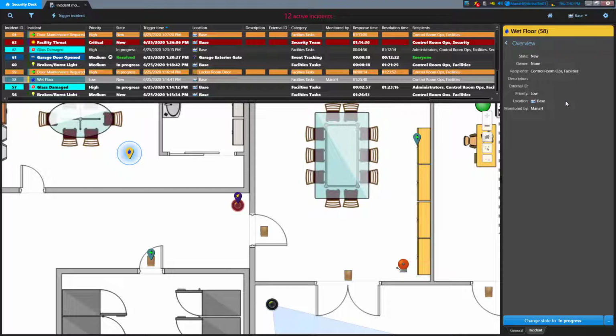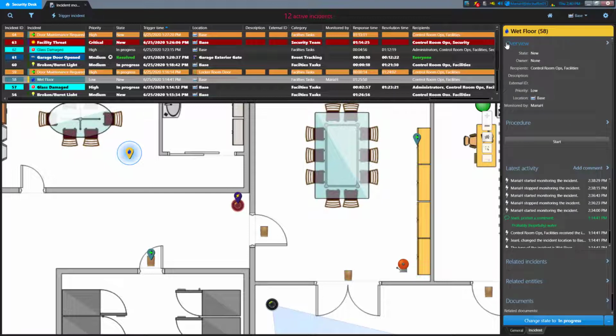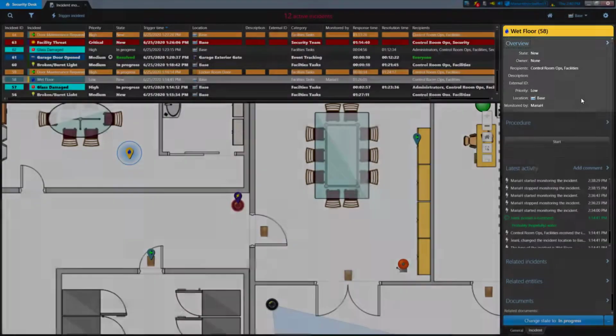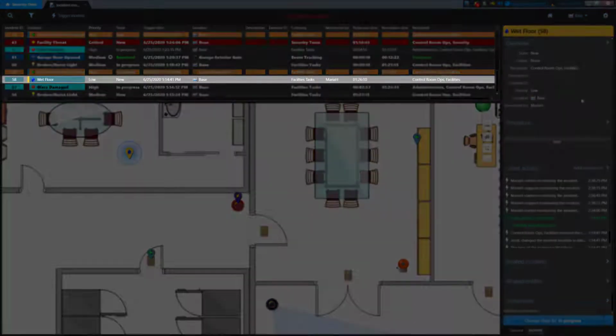Once you're in a detailed view of the section, click on the less than symbol or the section name again to collapse it and return to the General Details view. Each of the sections serves a different purpose. The Overview section on top shows the incident status, visibility, and key information. A lot of this is the same information you can get in the list, but presented in an easier to read, no scrolling required format.